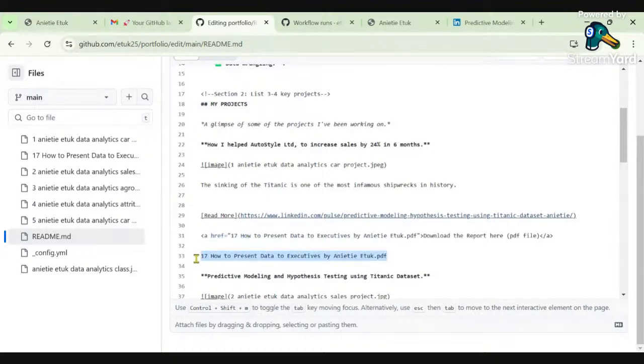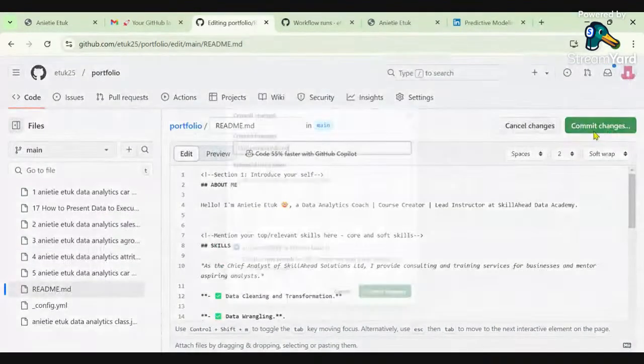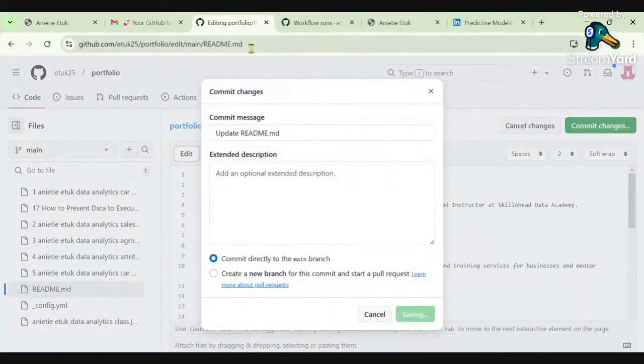Then I take this one now, Control X. So inside where we have 17.pdf, we just paste it inside the double quotes. I say download the full. So let's say download the full reports here, and we commit changes. So while that is loading,